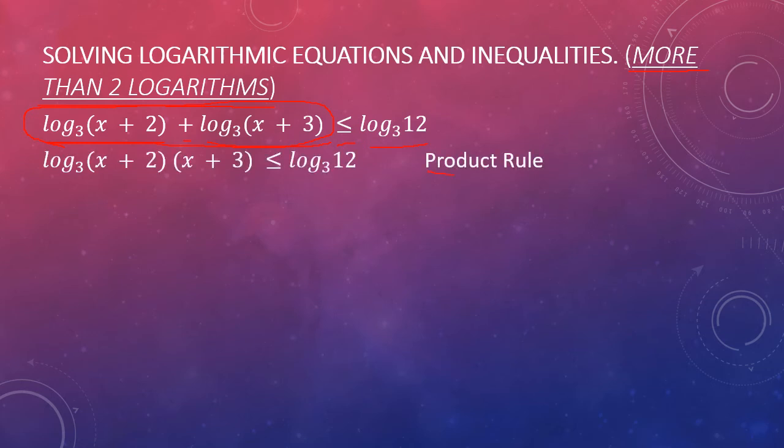Using the product rule, we can express this kapag addition, natandaan ninyo, pag addition, it may be expressed as a multiplication. So, logarithm of x plus 2 times x plus 3 to base 3, ito yan, is less than or equal to logarithm of 12 to base 3. So, na-simplify na natin using product rule. So, pwede na nating eliminate to from both sides. We will have, yun na lang, x plus 2 times x plus 3 is less than or equal to 12